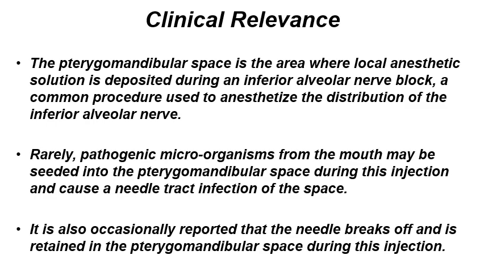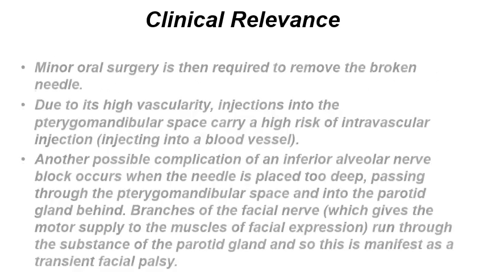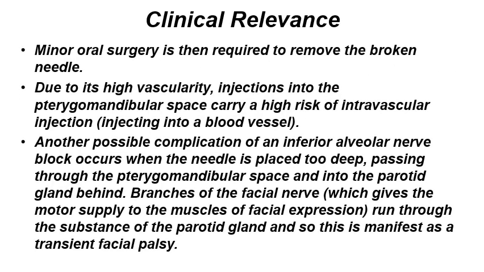Also, this space derives its clinical significance from being the space where, if you are giving the inferior alveolar nerve block and the needle breaks, the needle will remain. Accordingly, you have to dissect further to try to retrieve this broken needle. There are also 2 other important issues regarding the inferior alveolar nerve block in this area. Owing to the contents of this space, it has several blood vessels, so there is high vascularity in the area and a high risk of intravascular injection, which is why aspiration is mandatory.